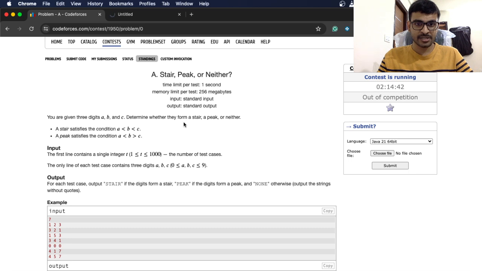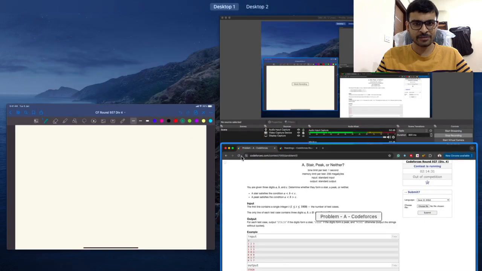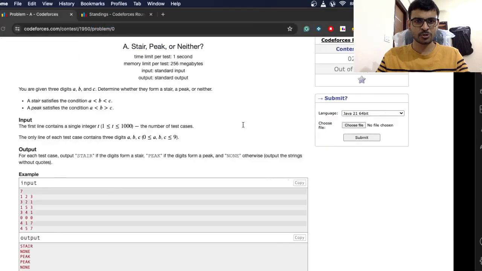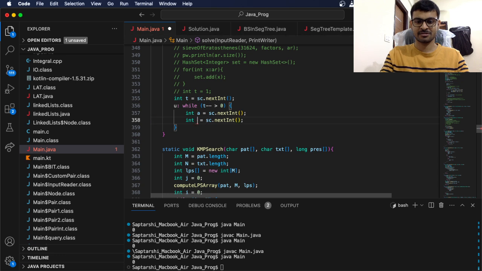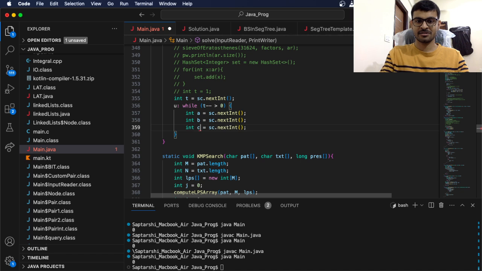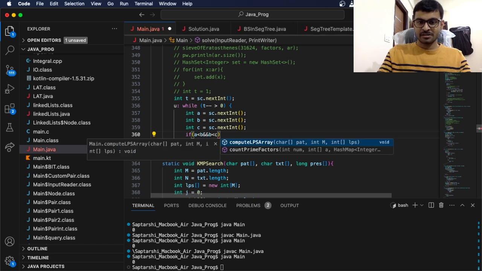Three digits A, B, and C. Stair, peak, or neither. Stair basically means increasing, peak means increasing and then decreasing. So, fine, it's a brute force kind of thing. Not much to do. Input A, B, C and do those steps. And I'll say that, okay, if it's a stair, that basically means if A is less than B and B is less than C, then